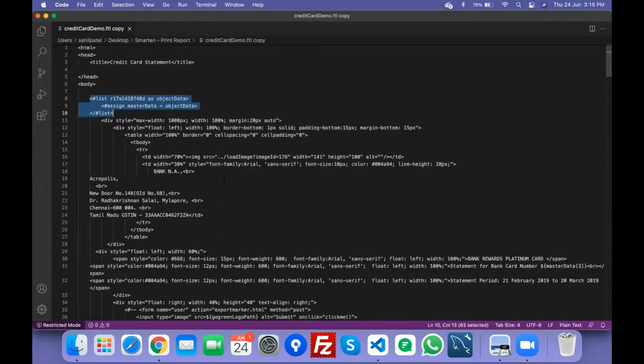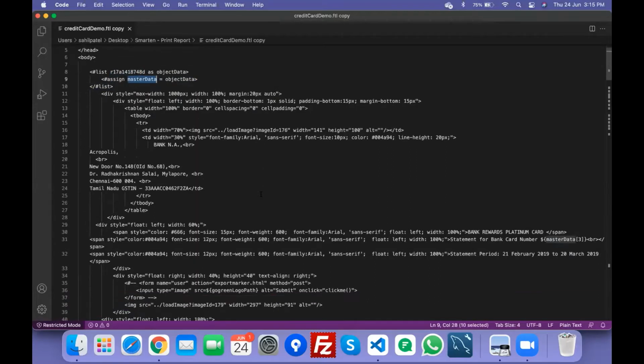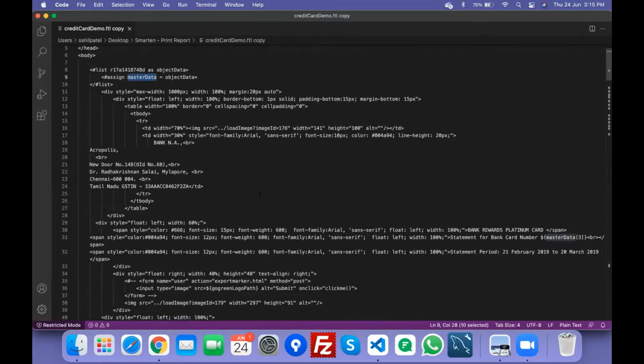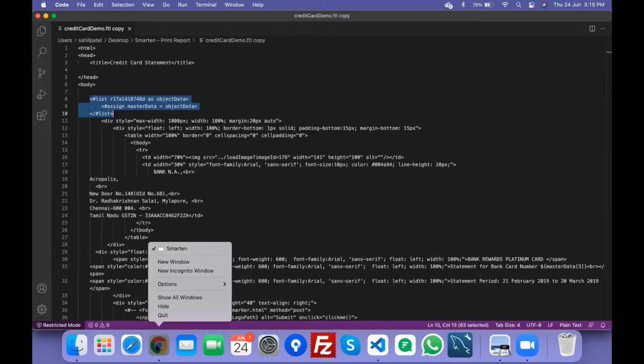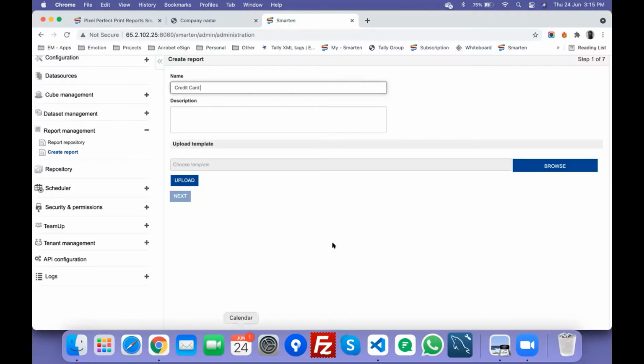So typically you are doing an HTML layout, and then you are just referencing the objects created in Smarten with their column and row reference. And as you can imagine, it's pretty simple. Somebody who knows the basics of JavaScript can really learn this in less than an hour's time.